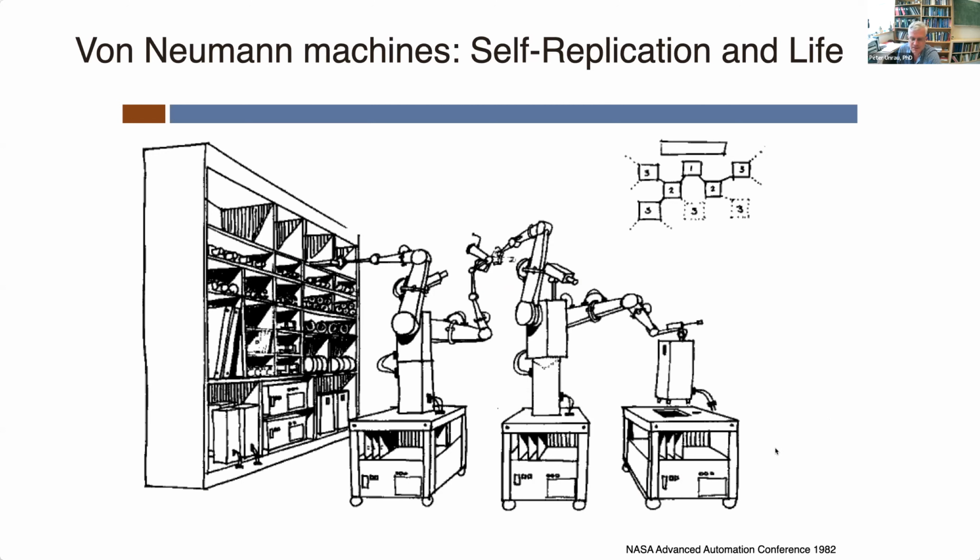And this is just a slide from NASA where they're showing a robot gathering parts off of a shelf, passing them to another identical robot to assemble a robot that eventually will be able to take parts off of the shelf. And that, roughly speaking, is what life looks like. There's functional elements that have to be organized so that they can replicate at multiple sets of scales.